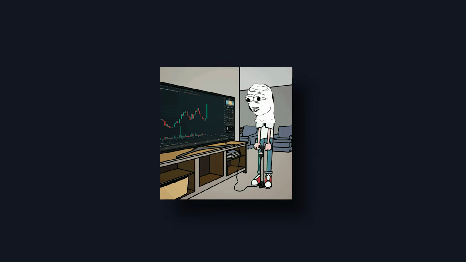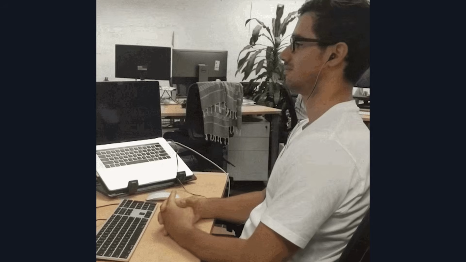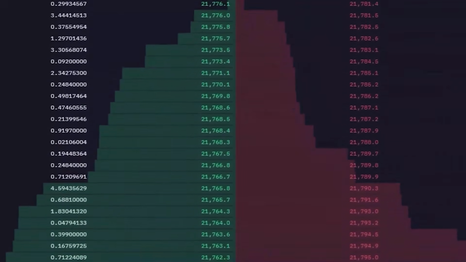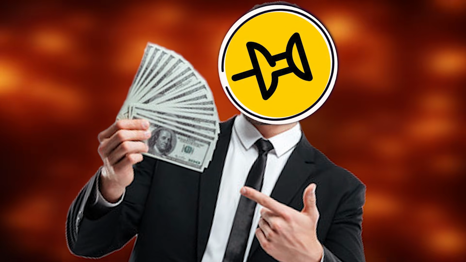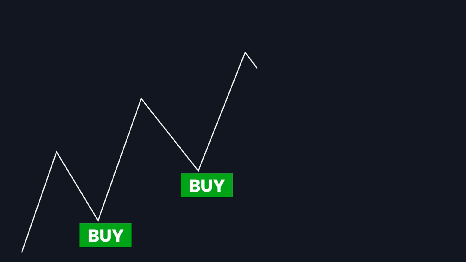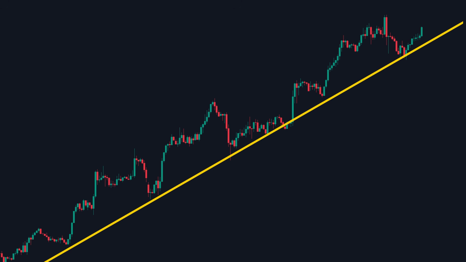Think about who creates a clean, steady trend. It's not the panic buyers chasing every green candle, and it's not the bottom fishers waiting for a crash. It's the patient money. Funds and algorithms running passive buy programs. They want the asset, but they refuse to chase it. So every time price dips back into their zone, they buy. Not aggressively, just consistently. Price lifts, they stop buying. Price dips again, they buy again. Repeat that 5 or 6 times, and congratulations, the chart just drew a trend line for you.